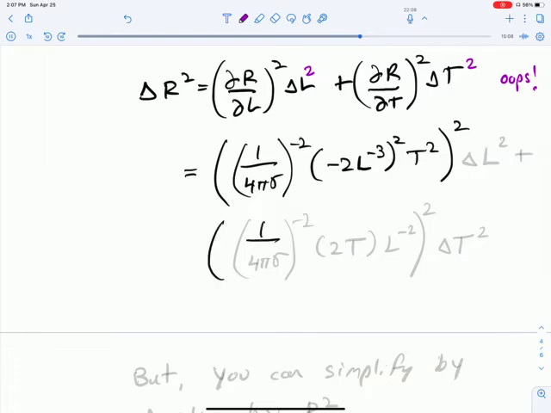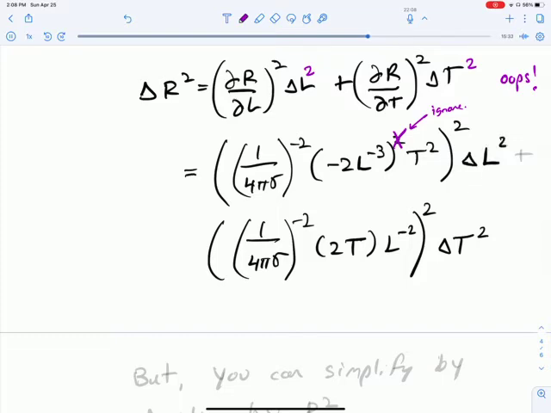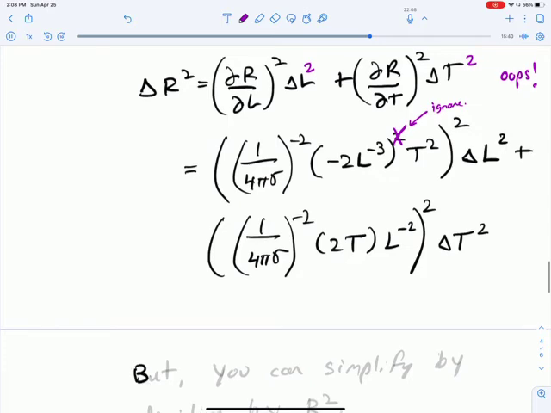Again, we've got 1 over 4 pi sigma to the minus 2. Now I'm differentiating with respect to t, so I've got 2t, and then I've got my constant L to the minus 2 all squared, and here I've got delta t squared, and I've forgotten to put in my delta L squared up here. Delta L squared plus. Okay, so that looks like a pretty complicated equation, but